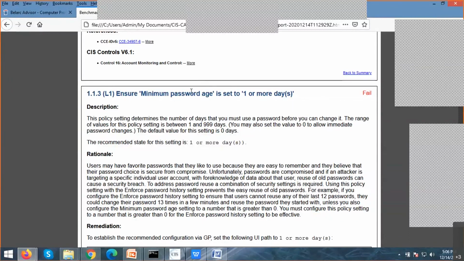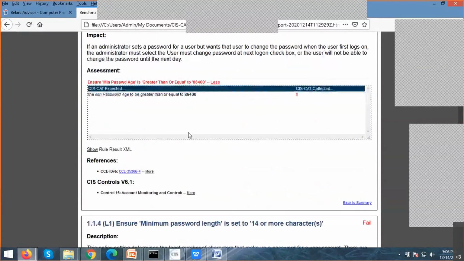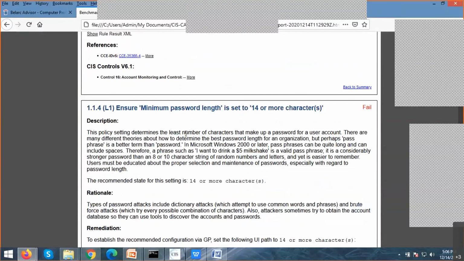Yeah, minimum password age is set to 1, so I think in your case it is also a fail. Yeah. So coming to the minimum password length is set to 14, right?